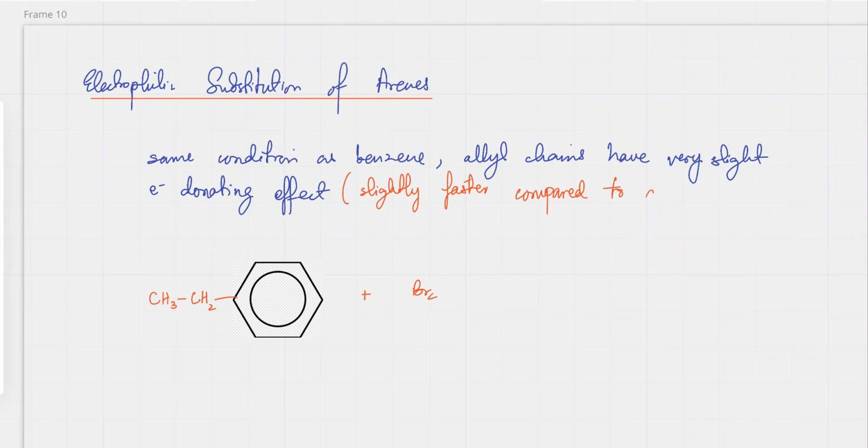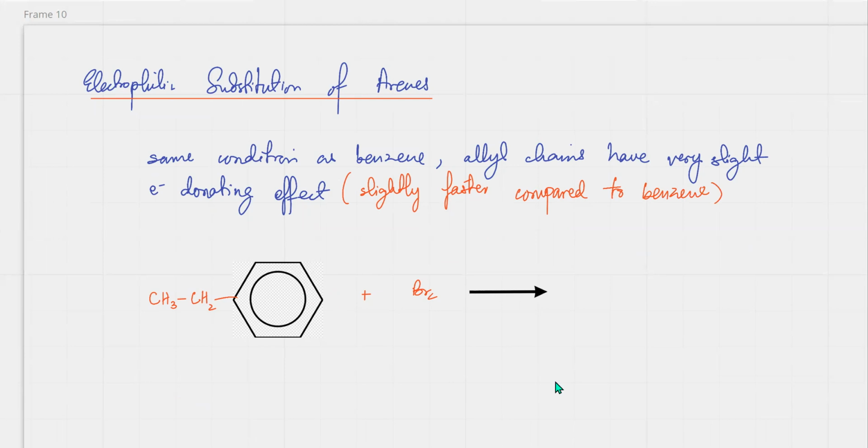Compared to benzene. You can remember a benzene with a carbon chain, that's an arene. So this reaction would just be very slightly faster compared to a benzene. The conditions are going to be the same. So you've got the exact same conditions. And what you're going to get is,